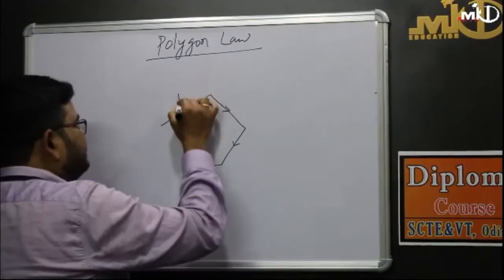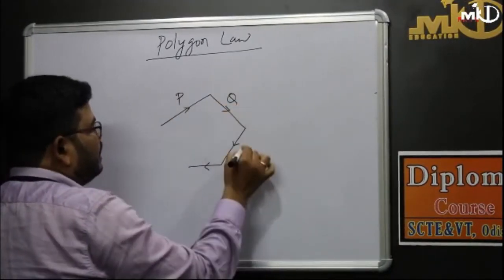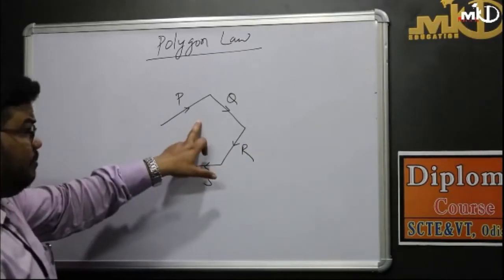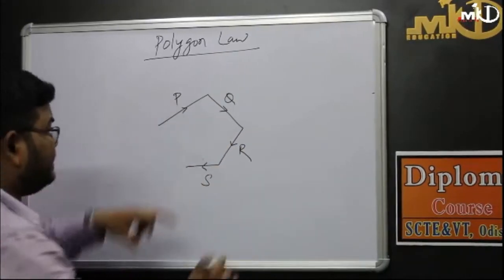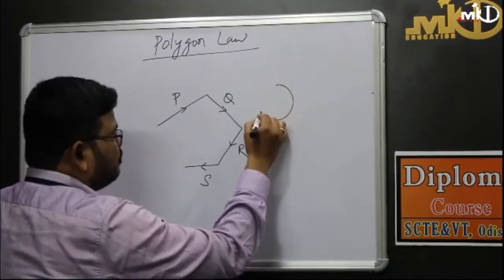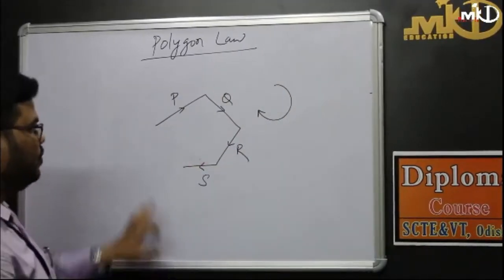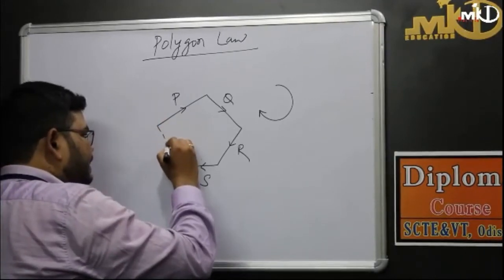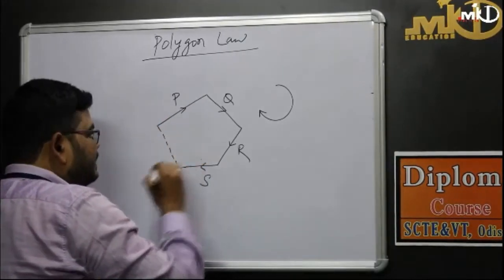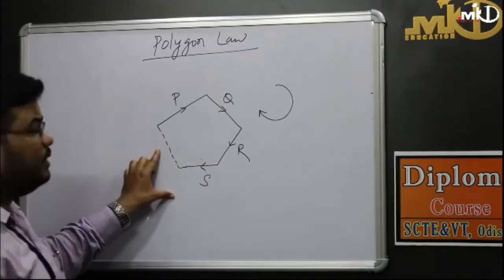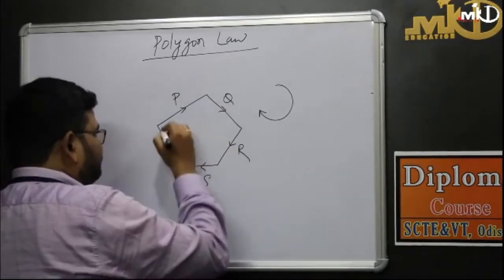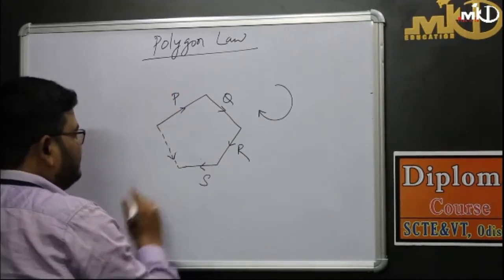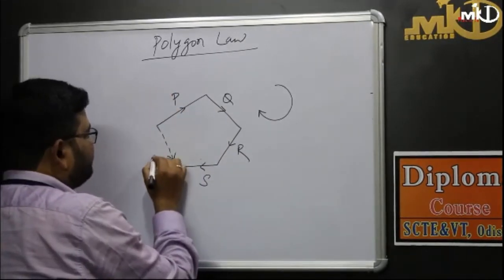Let the forces be P, Q, R and S. Now you see the order is in clockwise direction. So the resultant of these forces will be in anti-clockwise direction and it will be the closing side of the polygon. So this will be the order of the resultant. Let the resultant be